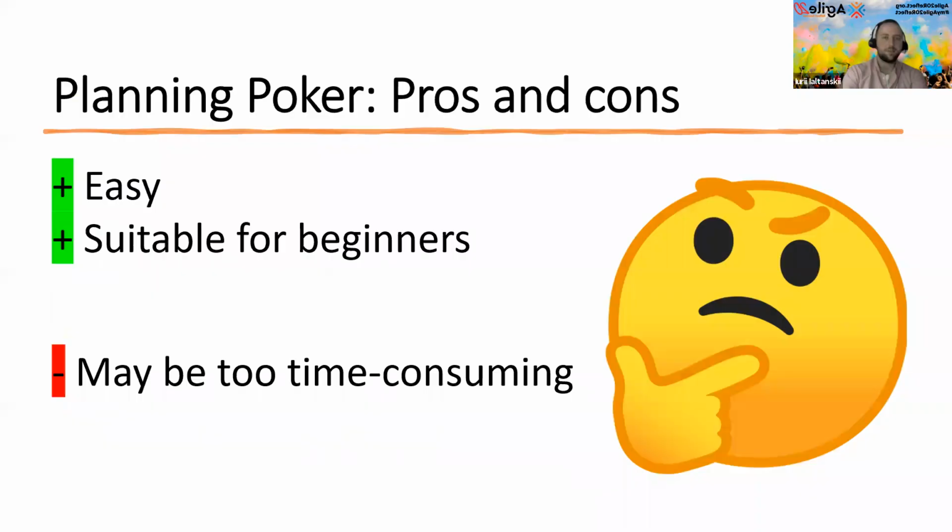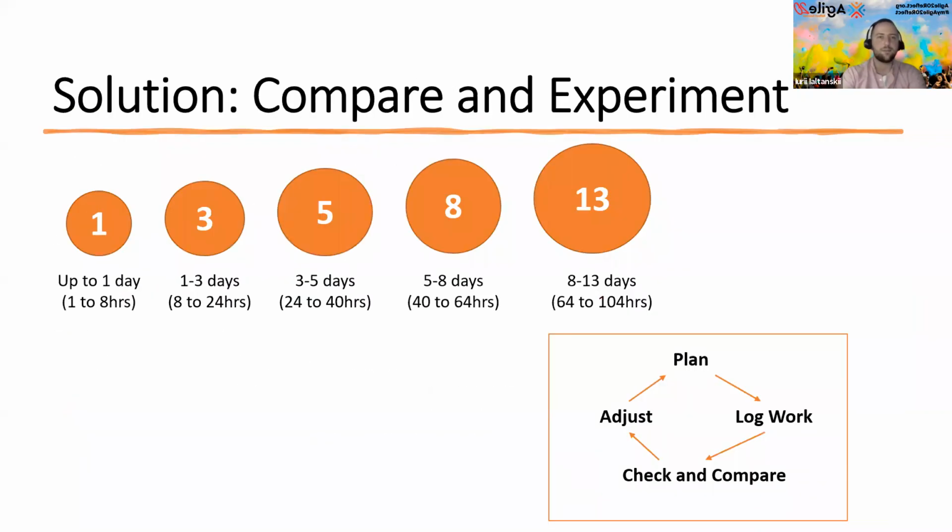So here you can run some experiments, right? You can establish these relations between points and hours and days. After that, run sprints and then check and compare to see whether what you estimated was accurate or not. And if it's not accurate, you need to review this. You need to raise this point to the team to see what the problem is, okay? And if there's a lack of skills, well, it's another question. You need to cover this point separately, by providing some trainings and so on.